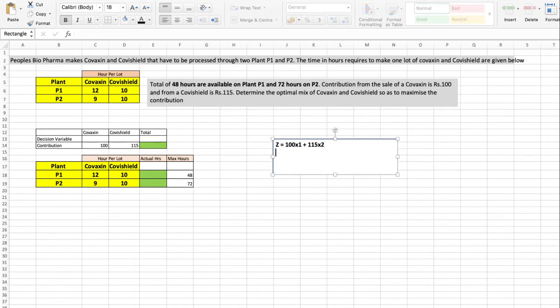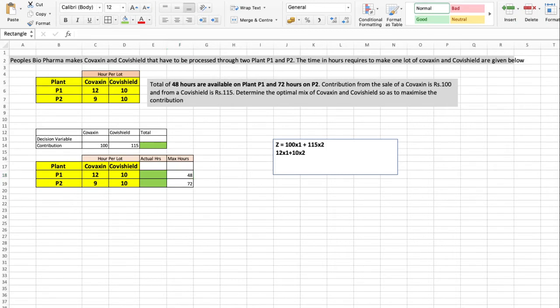These are the constraints: 12 x1 plus 10 x2 less than or equal to 48.